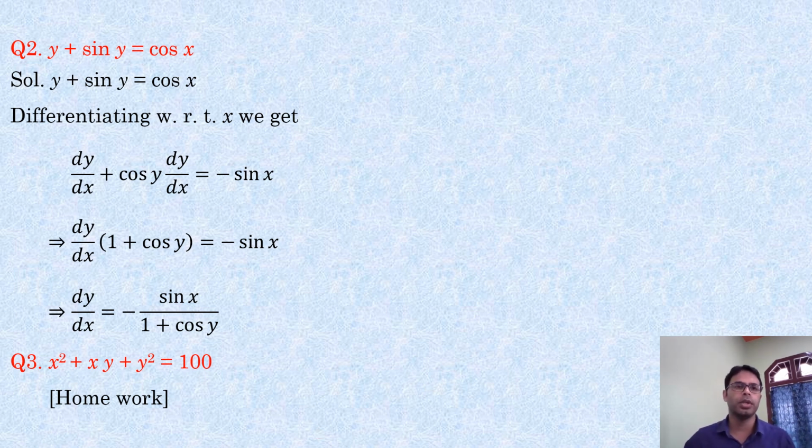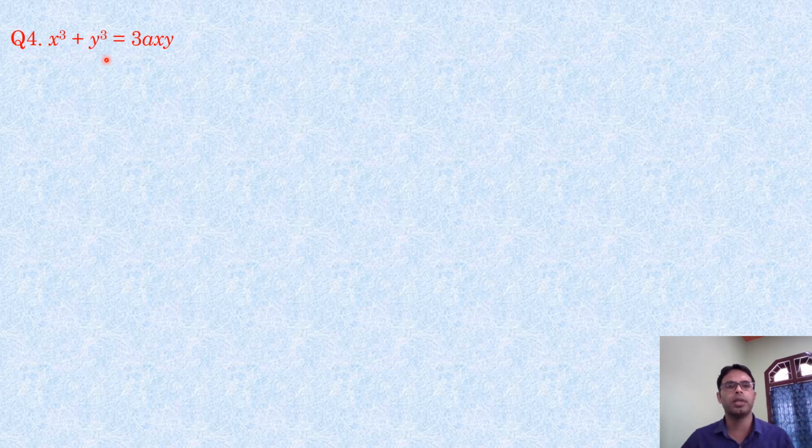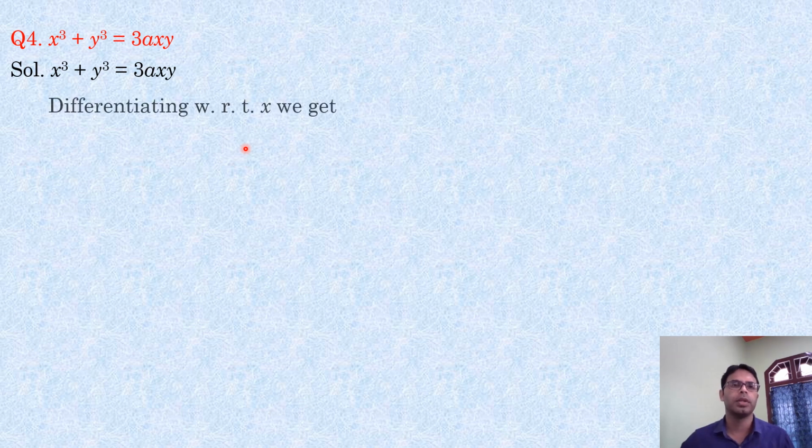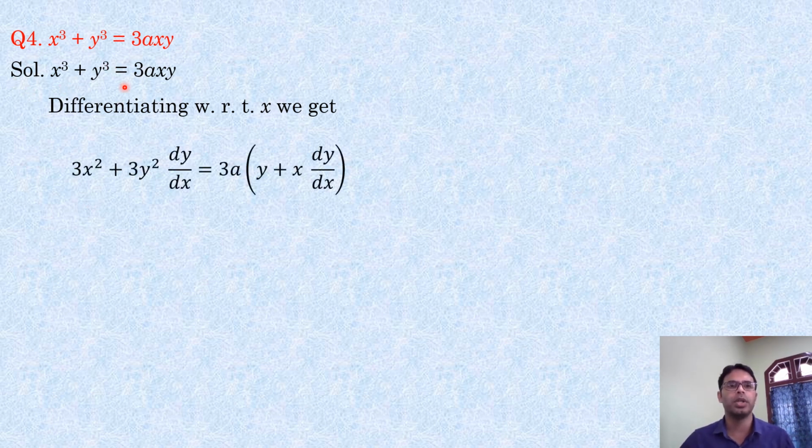Okay, so let me take another question. x cube plus y cube is equal to 3axy. This is our question. Implicit function, obviously. So you directly differentiate this function. Differentiating with respect to x, x cube differentiation is 3x square, you know this. y cube differentiation is 3y square, the power will come in front and power will be decreased by 1. So this is 3x square, this is 3y square, but it is y, not x. So therefore you are to write the differentiation of y also, and so by chain rule into y differentiation is dy/dx,